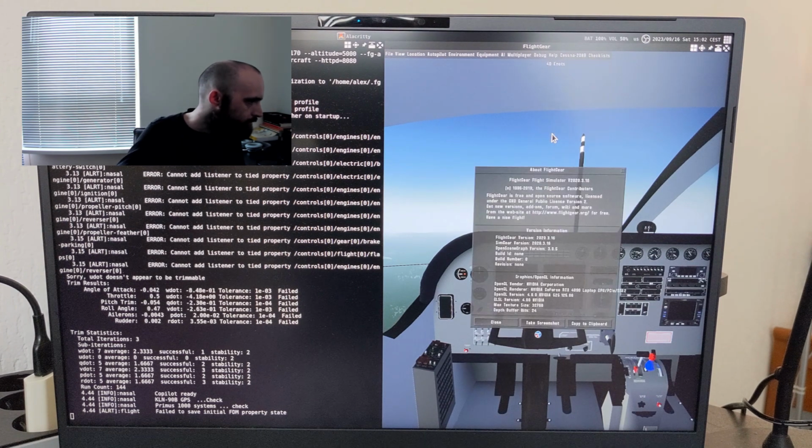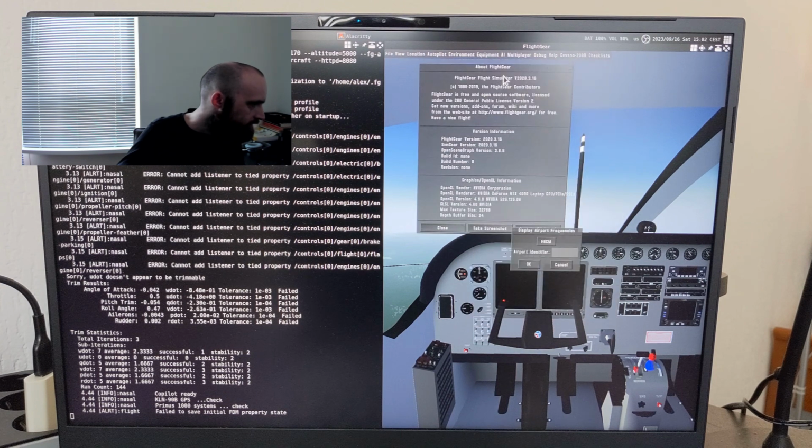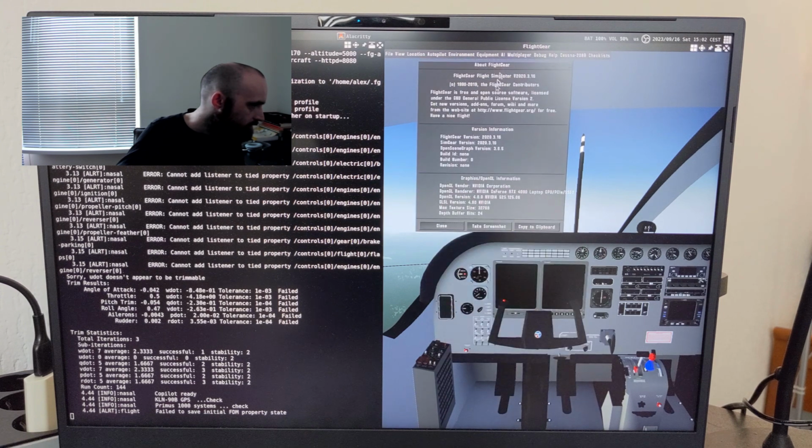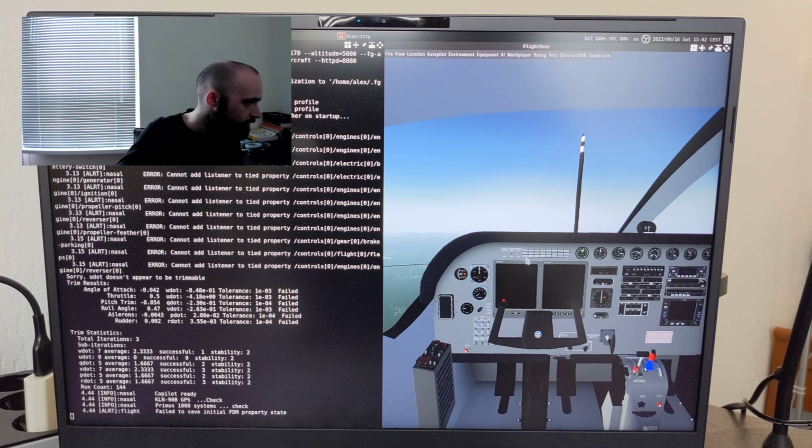And if I go to about, it says Nvidia. Yeah, so it runs on Nvidia. You can see this over here. Here's the name of my graphics card. So that worked, but then